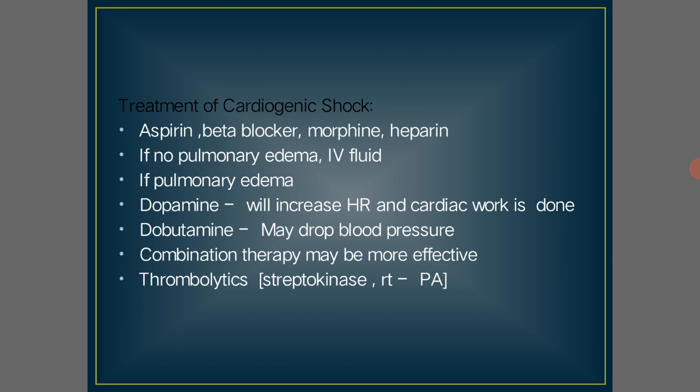Now, treatment of cardiogenic shock. It is treated by drugs like aspirin, beta blocker, morphine, heparin. If no pulmonary edema, IV fluid is used. If pulmonary edema, dopamine and dobutamine are used. Dopamine will increase heart rate and cardiac work is done. Dobutamine may drop blood pressure. Combination therapy may be more effective. Thrombolytics, that is streptokinase,